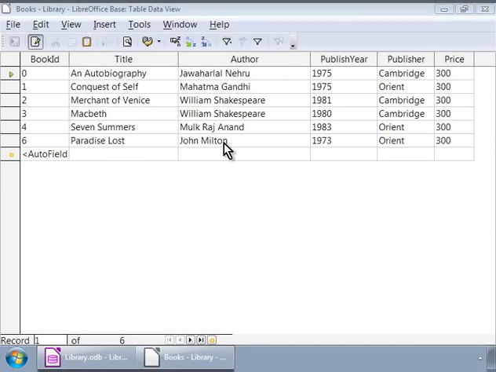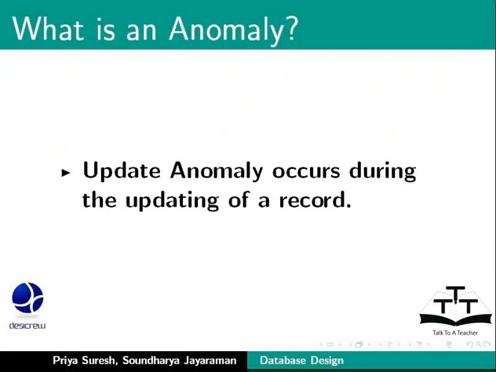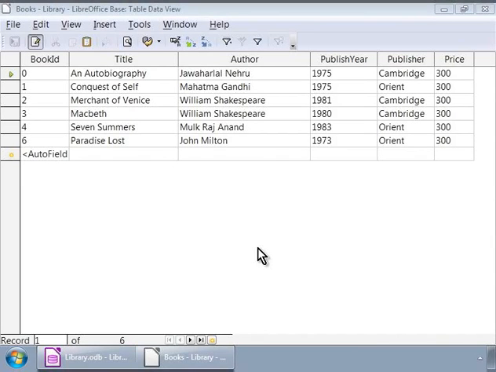And finally, let us see what update anomaly is. It occurs during the updating of a record. For example, let us suppose that Cambridge publishers have a new address. Now, updating the address column for this publisher requires us to make a change in more than one place. In our case, 2 places.